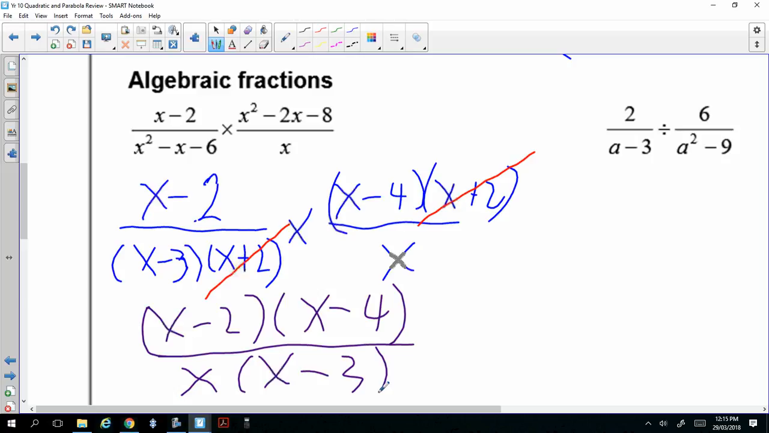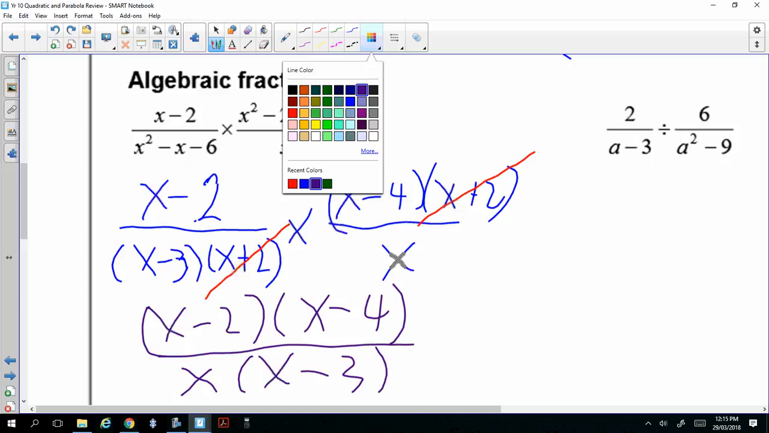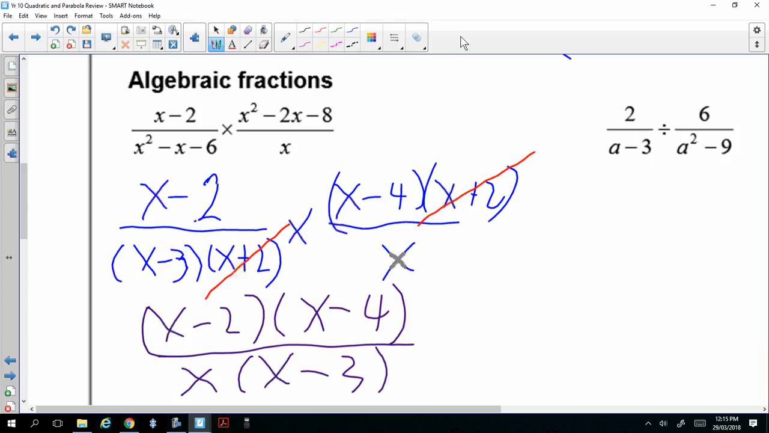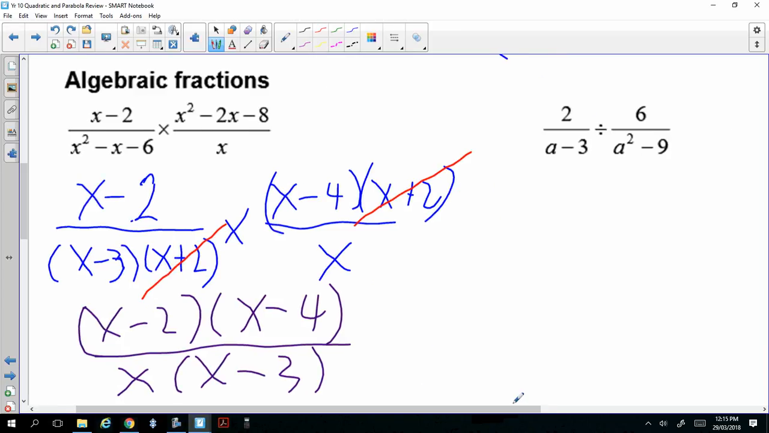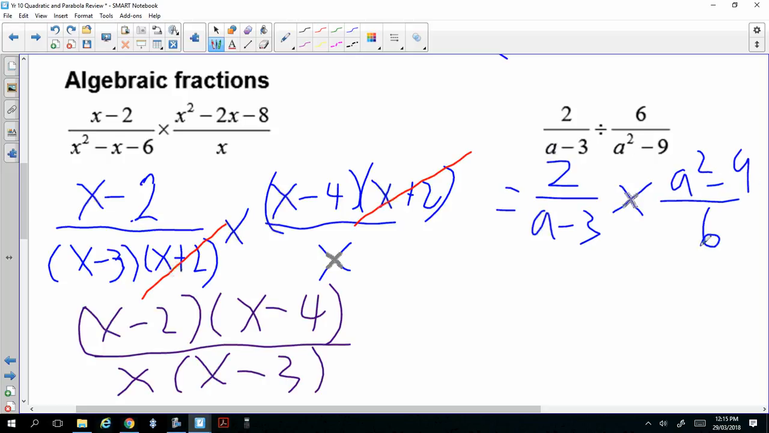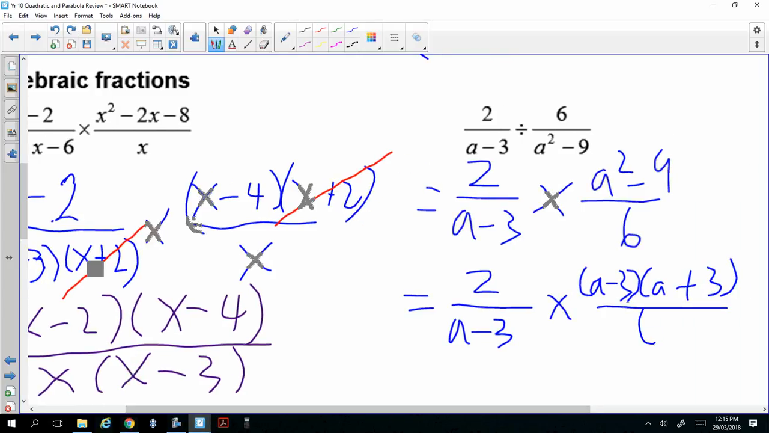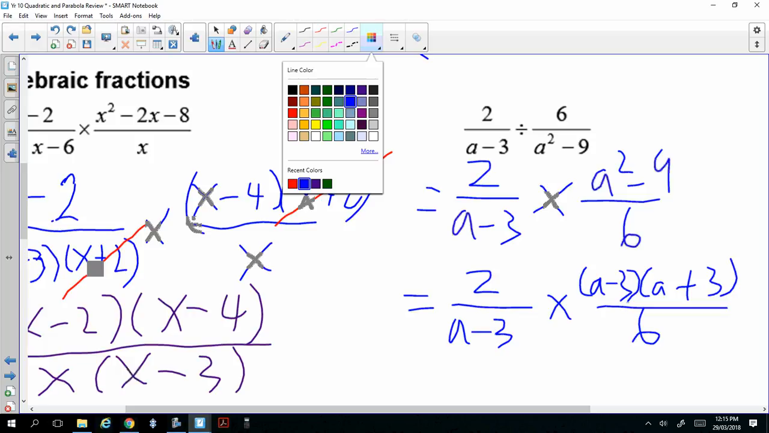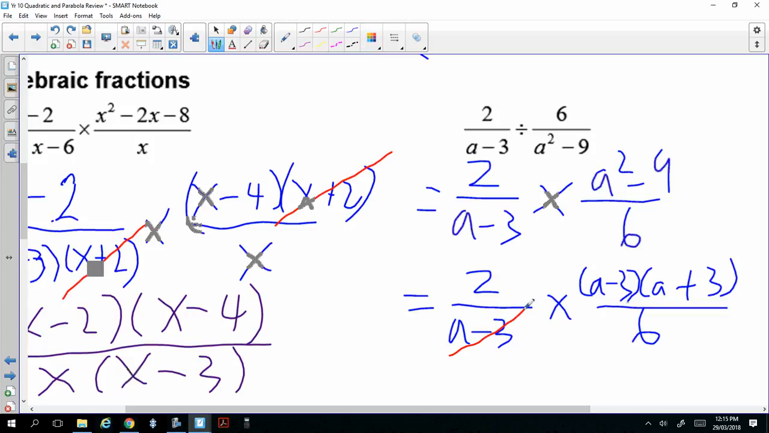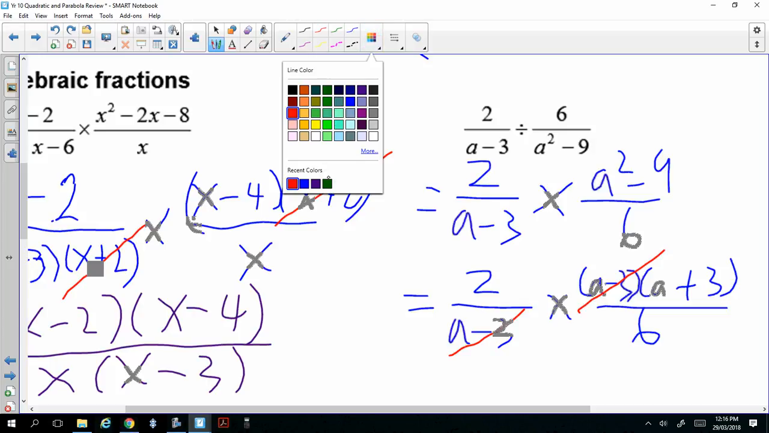What if you divide? When you divide, you just have to times the reciprocal. So you do 2 over a minus 3, multiplied by the reciprocal. Then you factorize, taking out any common factors. The first one is the difference of 2 squares, over 6. And then the x minus 3 gets cancelled. In addition, the 2 and 6 also cancel. That becomes 3. So your final answer will be